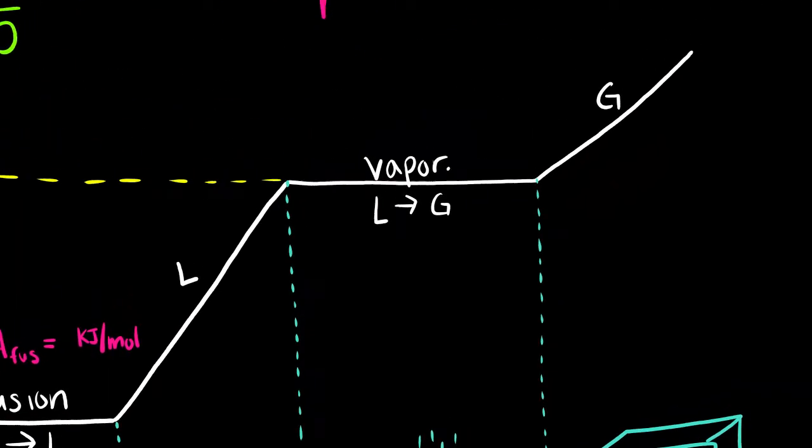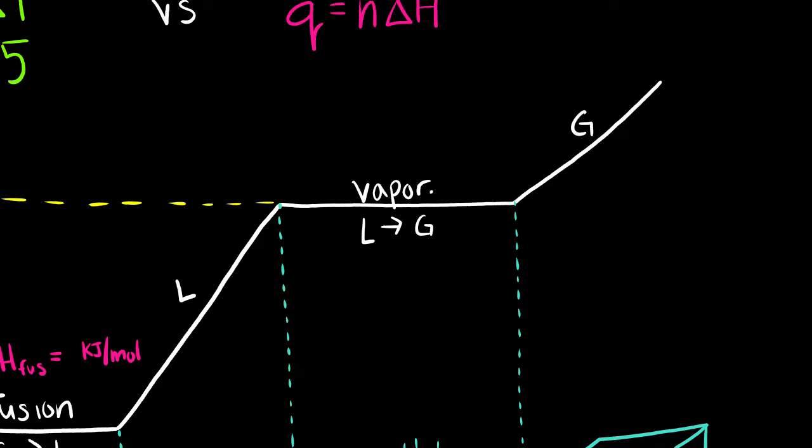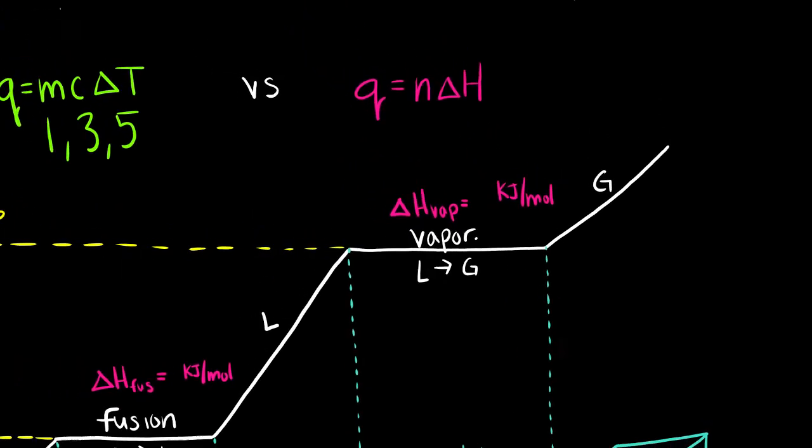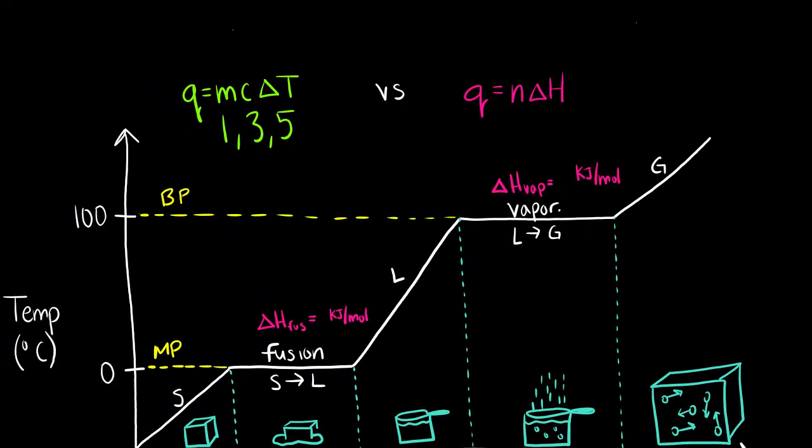For the vaporization of water, you will be given a numerical value that is delta H vap, which may usually be in the units of kilojoules per mole. However, any unit that is heat per amount is okay. It could be calories per gram, joules per mole, kilojoules per gram, whatever the situation is. But if you look at the equation, the most common way you'll see the amount of heat expressed